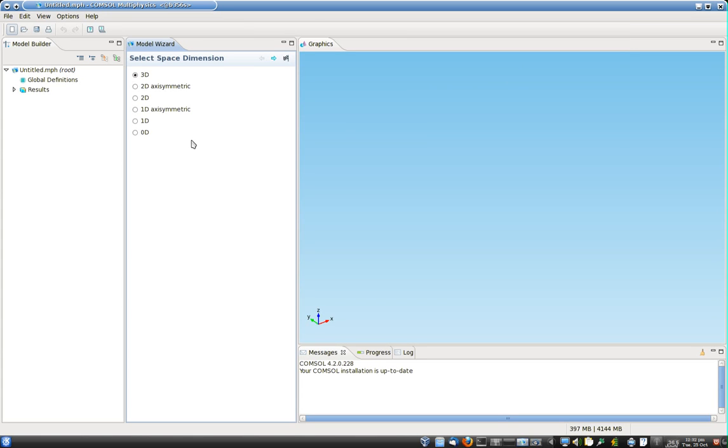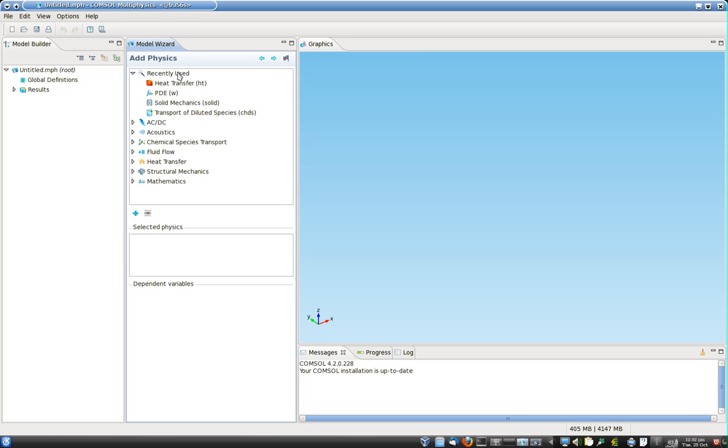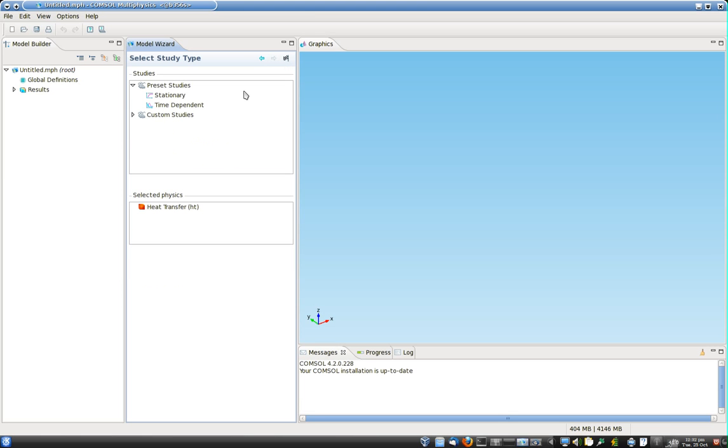Okay, in this analysis we're going to do a 2D heat transfer problem. So when you bring up COMSOL, you should get an option here. If you left click on 2D, we're going to step through this by clicking next. You may see a few recently used depending on what you've done previously. If not, left click on heat transfer, left click on heat transfer in solids, then come to the next step,